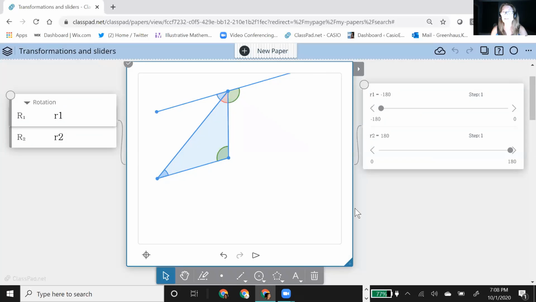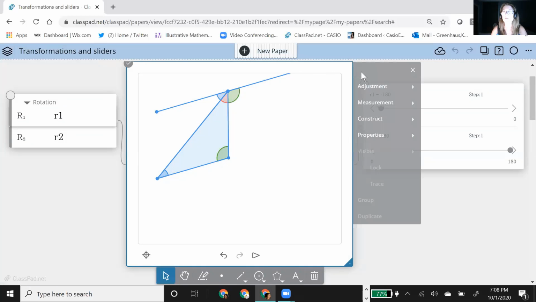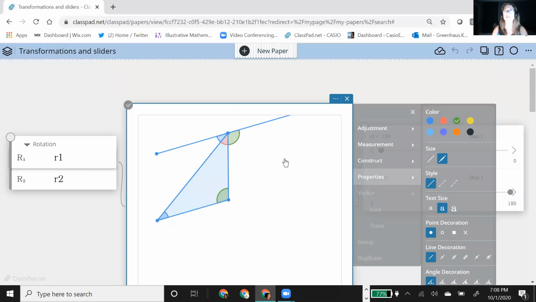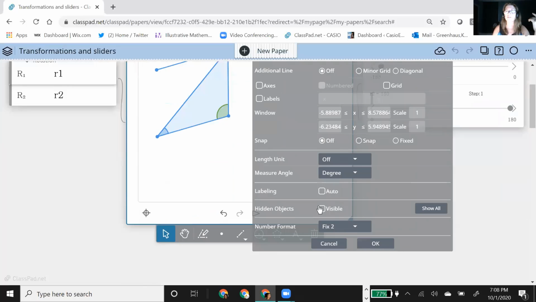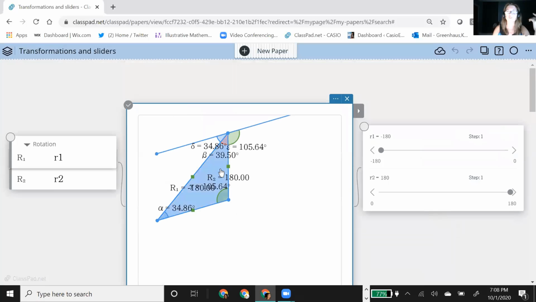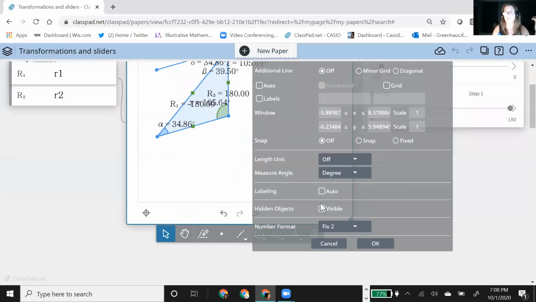And I set this up ahead of time, and I'm going to show you real quick. I think I can do it. Okay, I'm clicking on somewhere, and I'm going to go to properties. No, that's, oh, I know where it is. Sorry. I wanted to show you all the things I hid. I hid all the things I didn't want you to see. I didn't want you to see my midpoints that I rotated around. So to get back things I hid, I can go into this visible thing and show all the things I hid. And you can see I hid all the measures and I hid my midpoints because I didn't want students to see that. You don't need measures. So that's just the background.